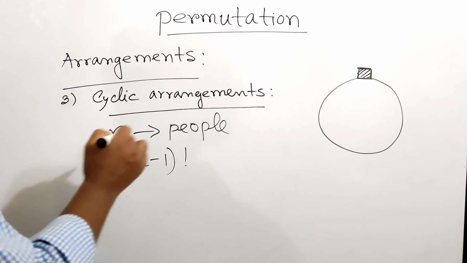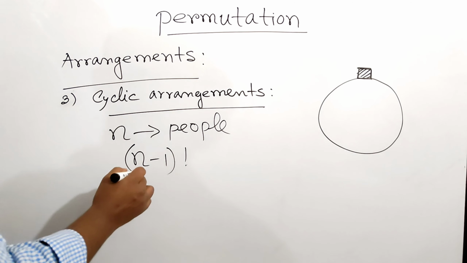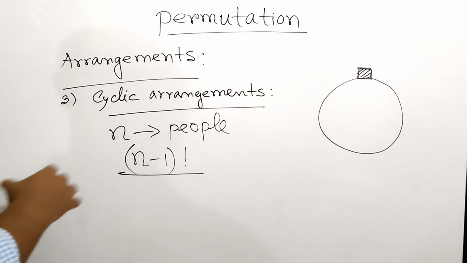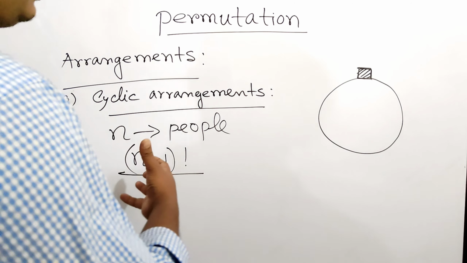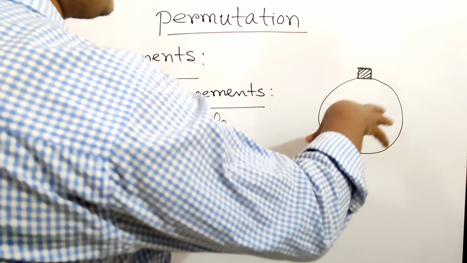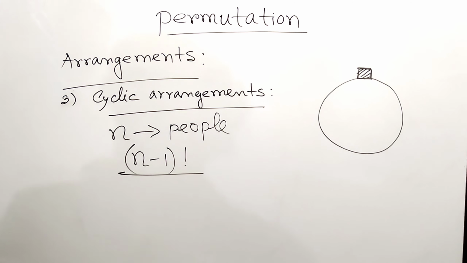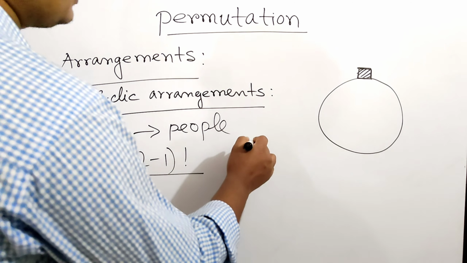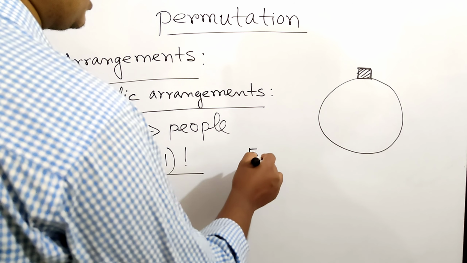So the answer is (n-1)!. That means in (n-1)! ways you can sit beside a round table. Okay, so if the question is, suppose there are 5 people,